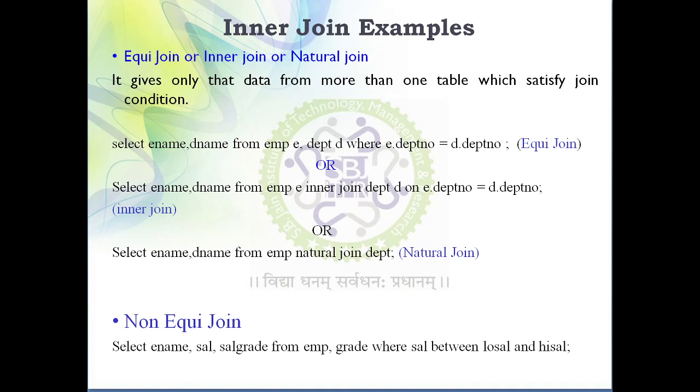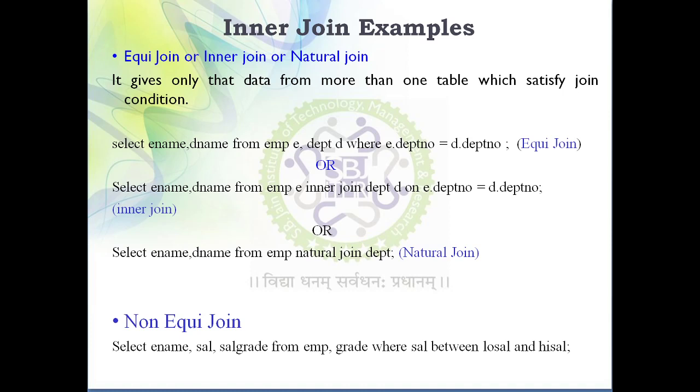Employee table consists of employee information, but it displays department ID, but it does not display department name. But department name is present in the department table, and in this particular problem I need to display employee name along with the department name. So employee name I am getting from the employee table and department name I am getting from the department table.